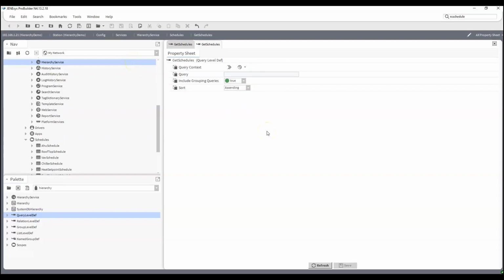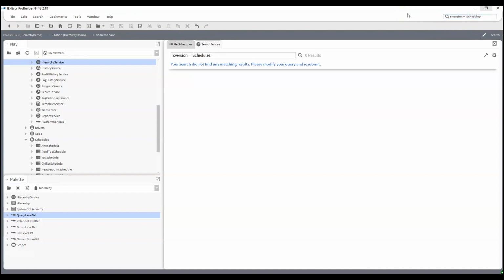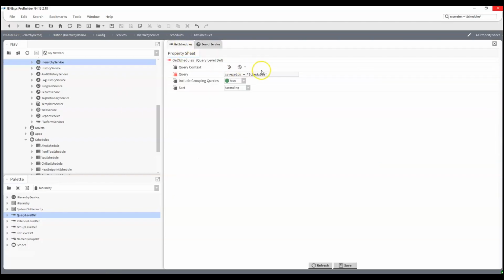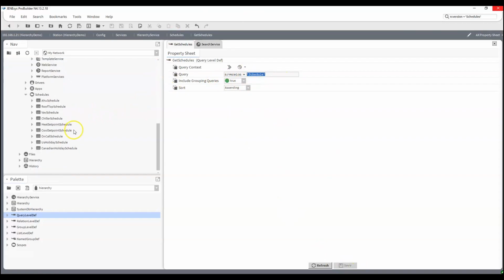Let's get our Control T on to bring in another tab. And let's go ahead and do the search service, because I don't remember if I did schedules or schedule. All right, let's do schedule. Okay, so I just have it as schedule here. So let's do that. And yeah, even though this is a string tag, I can actually search for the value of the tag, and based upon the value, we can see other things. So now if I refresh the tree node,